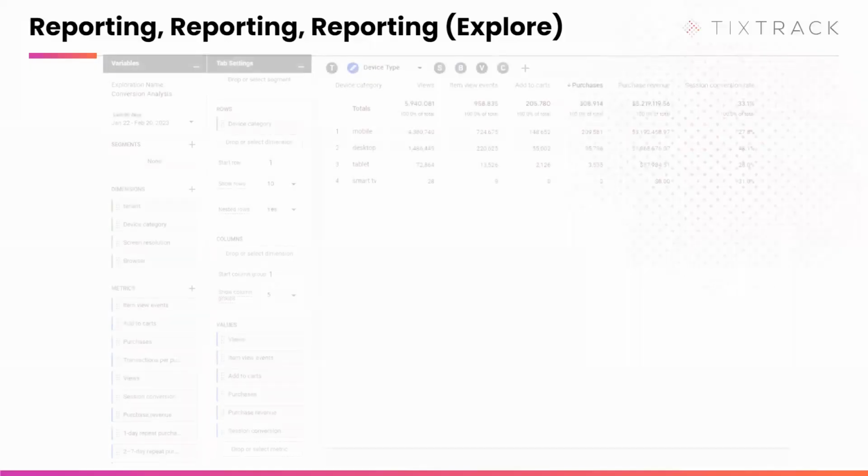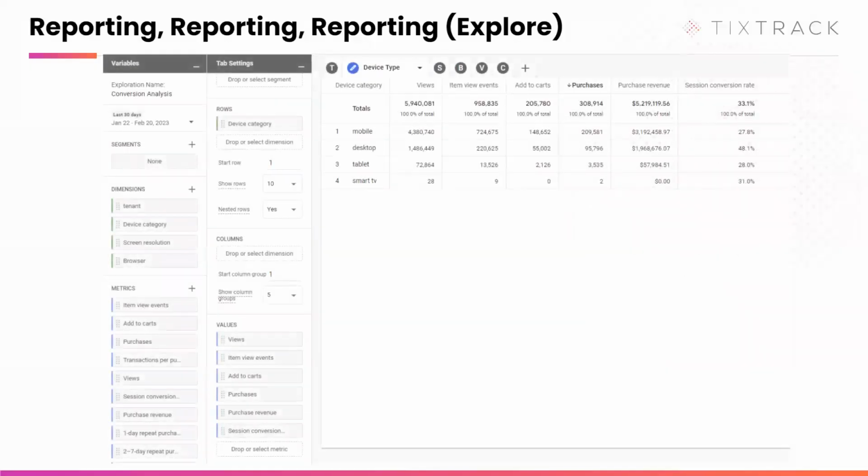The other one here is reporting, right? So I mentioned the dimensions and metrics and all that fun that comes along with it. They call it Explore in Google Analytics, but it's basically all the dimensions, which are the screen sizes, the things that you want to report on. Think of a pivot table. The dimensions are the things on the left, and then the metrics are the values that you're summing.